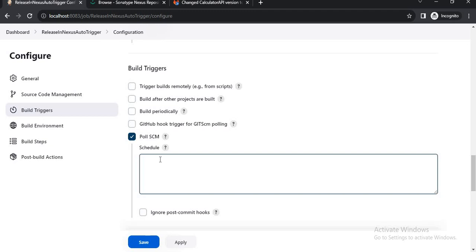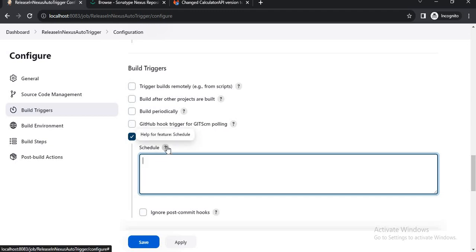If there is any change to the defined branch of the Git repository, it will keep on checking after a certain interval of time, right? That interval we can define here. It will keep on checking if there is any change to the repository, and if there is, it will trigger the build. So let's define a schedule.